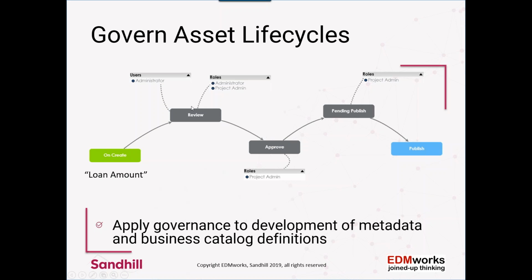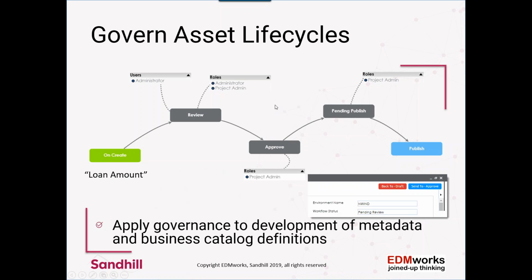And obviously through the approval lifecycle, once it's been reviewed, it can go into a primary approval stage, ready for publication, and then finally publication. And at each stage in there, the various users are able to go in and put in comments and change the status of that technical data and the business terms in the catalog of content that we've got, so that the object itself can move through the governance lifecycle. So it's fully managed within there.